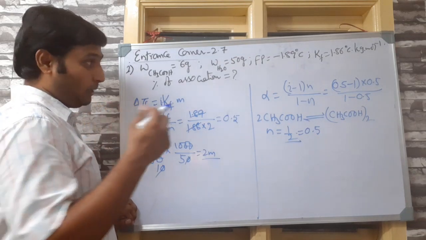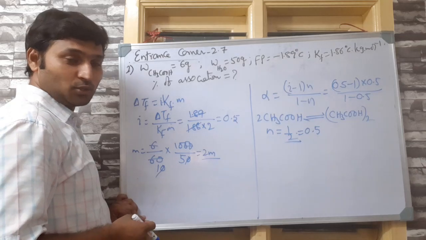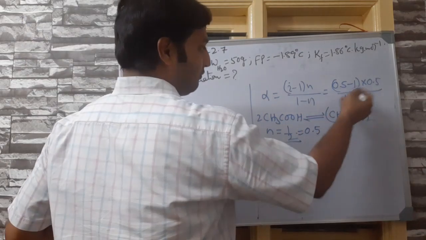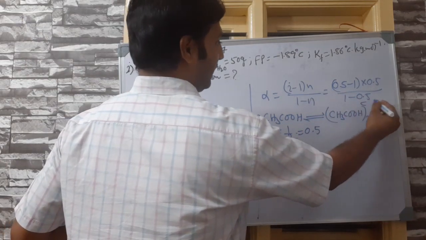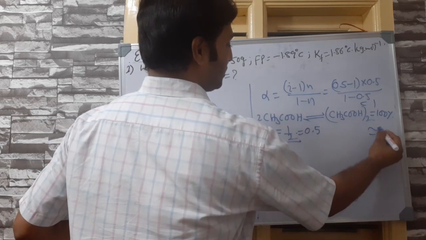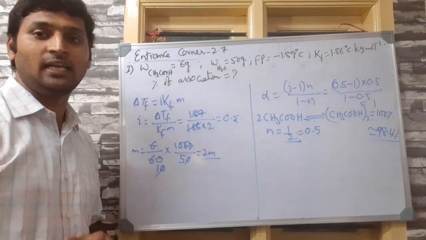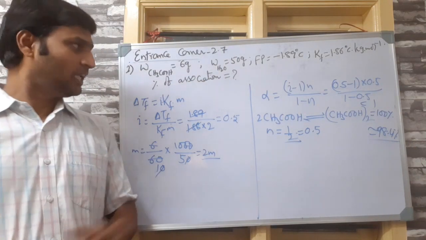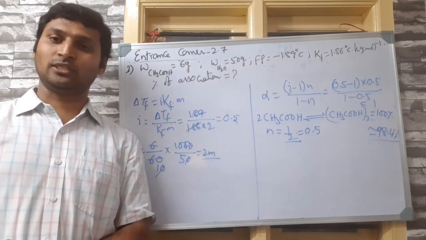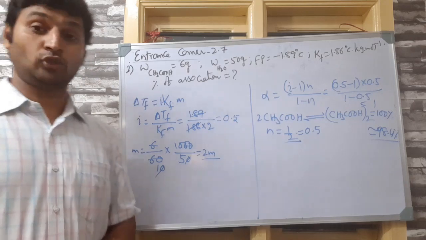But I have already checked the options. Again, I forgot to write the options, but you see, there is only one option nearest to 100. You can check that. So if you simplify this one, you will end up getting 1. That means it is 100%. There was one option nearest to 100% for you, that is 98.4%. You can select that as your answer. He must have mentioned benzene. That was a theoretical mistake in the question. Let's proceed to question number 3.